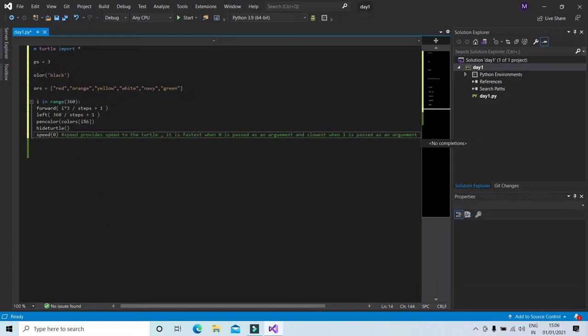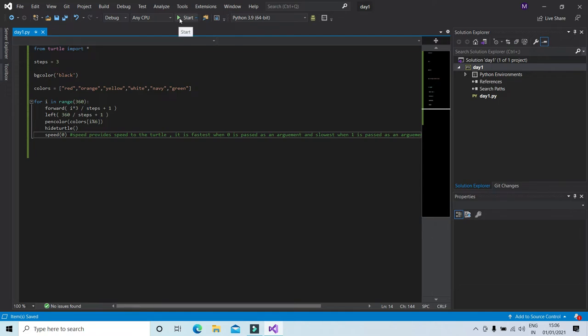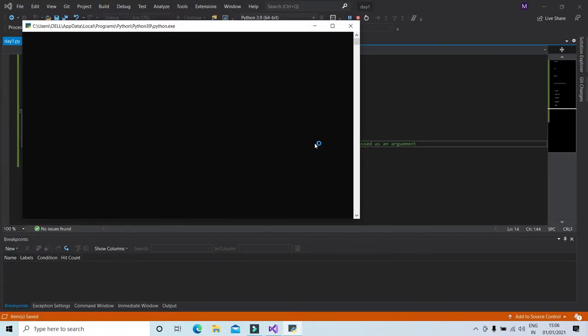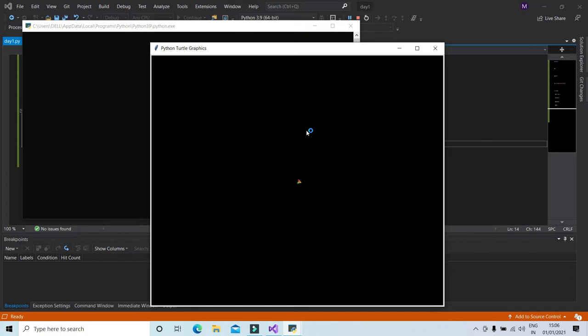Now I'll quickly show you the output of this program and we'll just see if this works and if we have written all the code in the correct way. Okay, so let's just look at the output real quick. Yeah, so as you can see, you can see the pattern being formed on the presentation screen by itself, and just see how beautiful it looks.